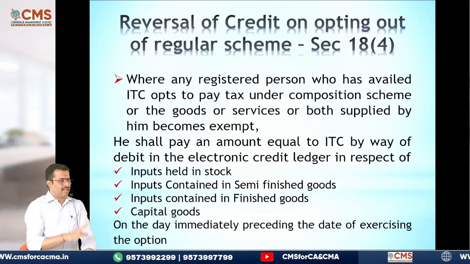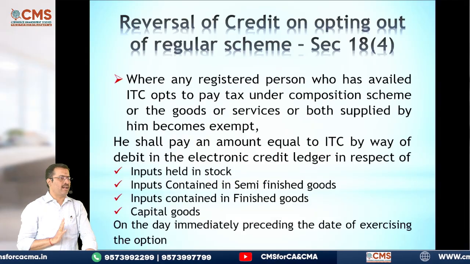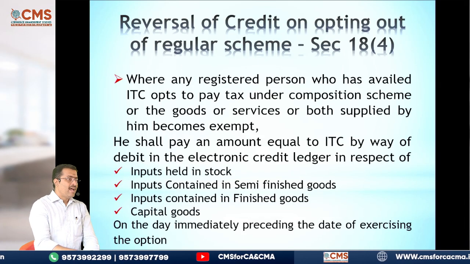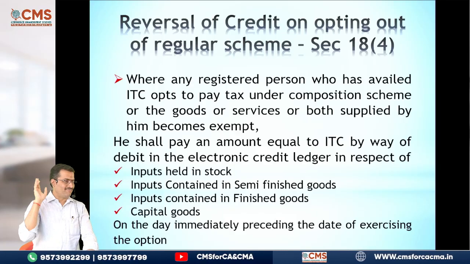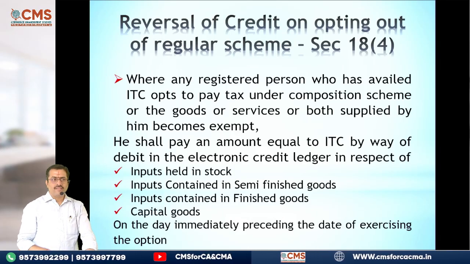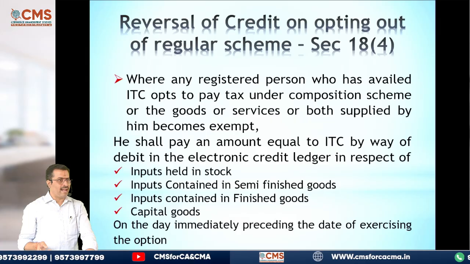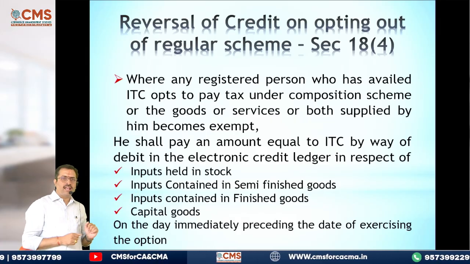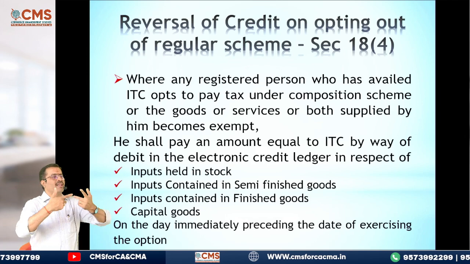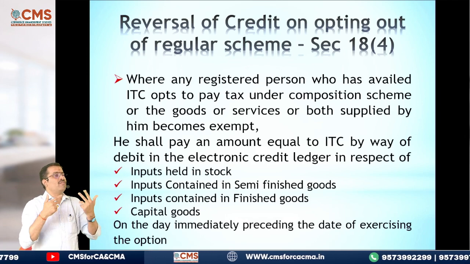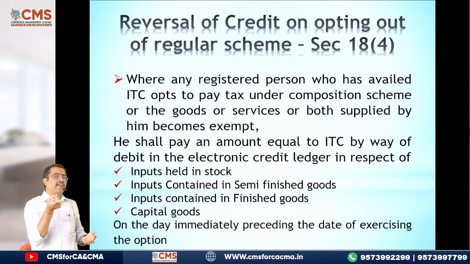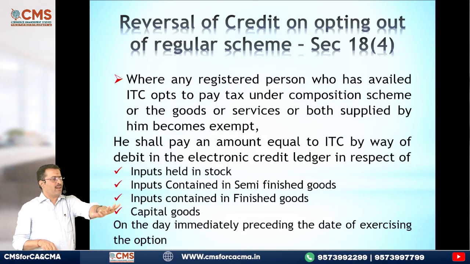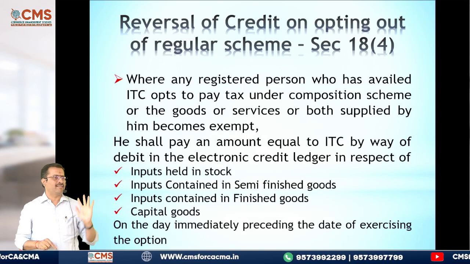Electronic credit ledger. Now, there is a balance lying in the electronic credit ledger, but on 31st March 2026, I applied for composition scheme. From 1st April, I am not eligible to avail ITC because I am in the composition scheme. But what about the ITC which is already lying in my credit ledger? That has to be reversed. While reversing, if you have ITC on capital goods, again same, reduce 5% per every quarter or part thereof